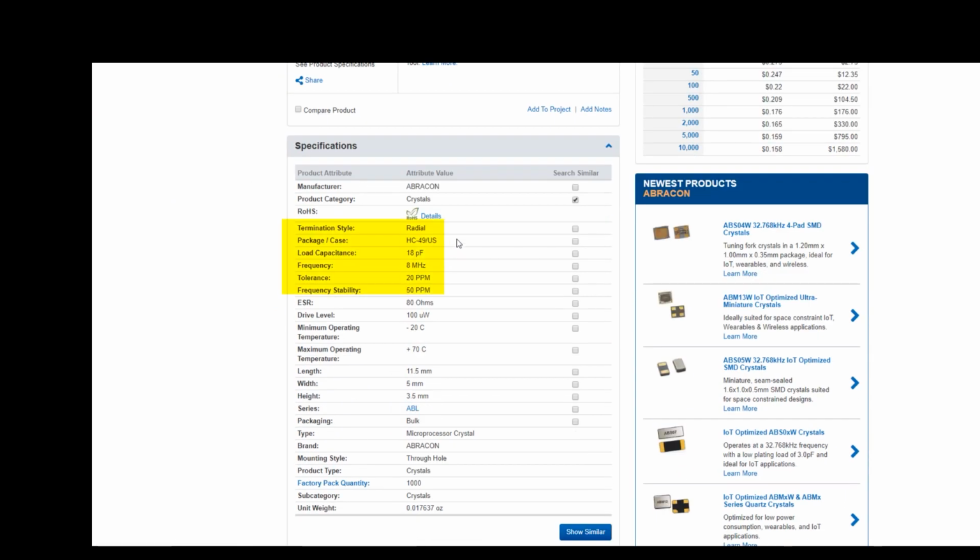So we're going to scroll down, and sure enough, it's 18 picofarad load capacitance, and it's 20 ppm tolerance. Well, that's pretty good. Usually you pay extra for that, but I can tell you right now that this company, Abracom, will generally default to 20 ppm, where other companies like CTS and Citizen make you pay for that. So not only is this the cheapest part, it's probably the most stable part without paying a high premium, which